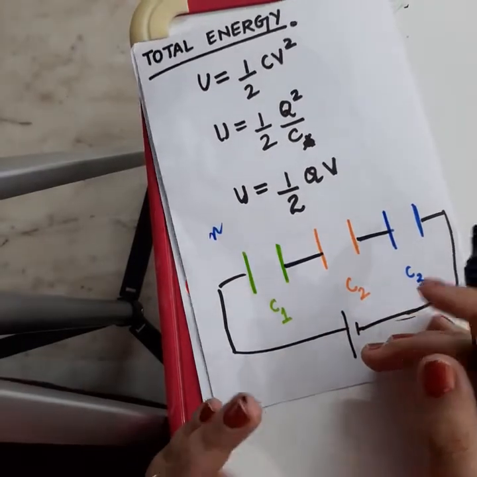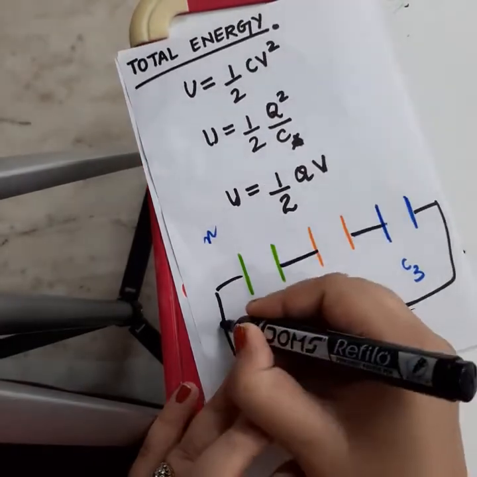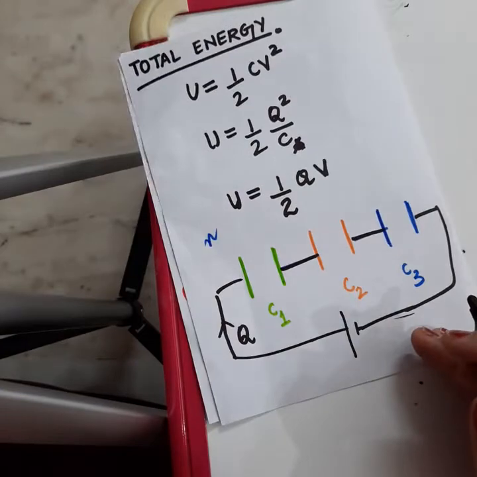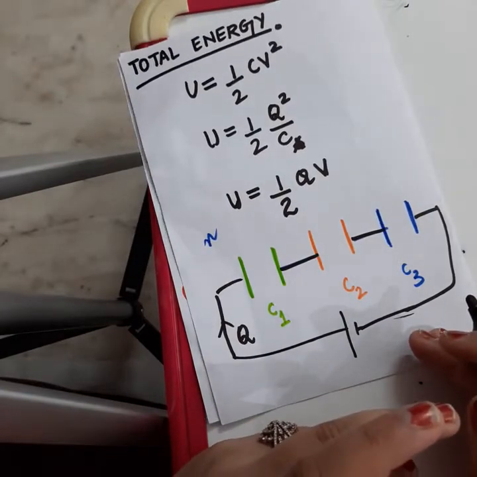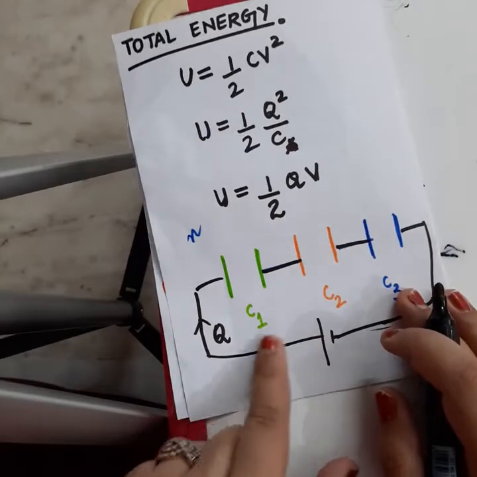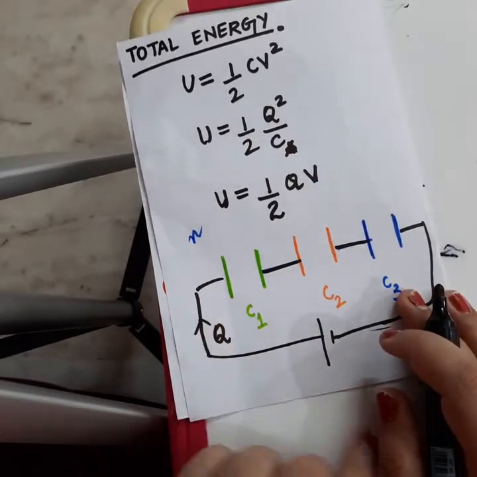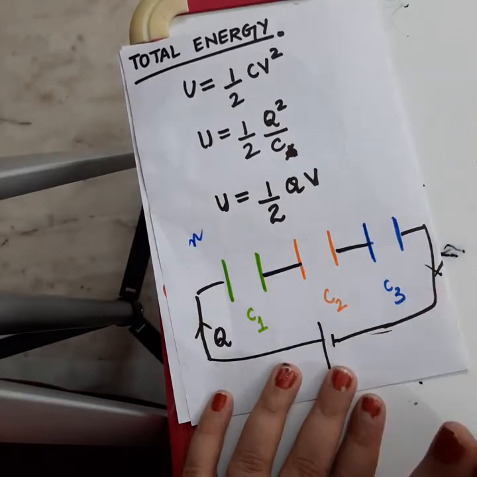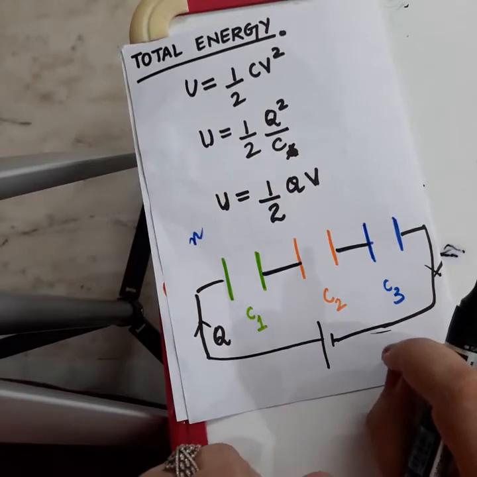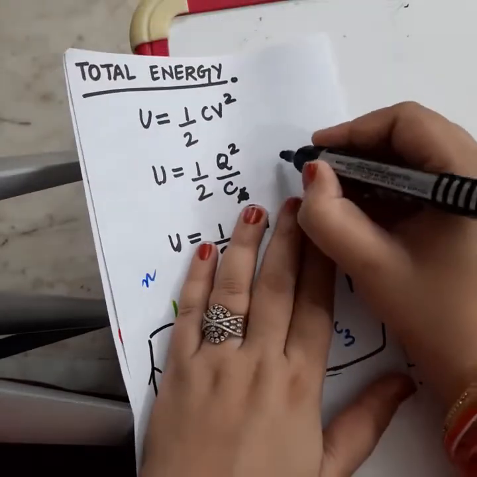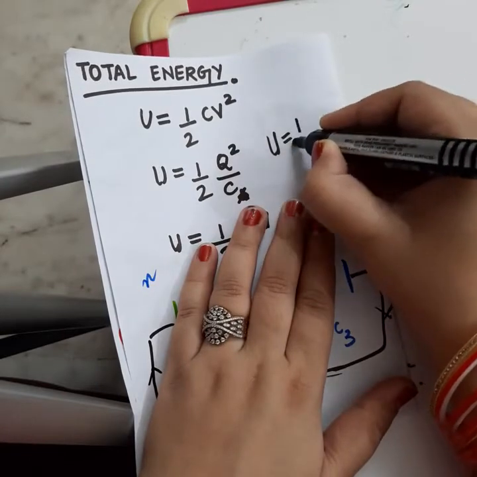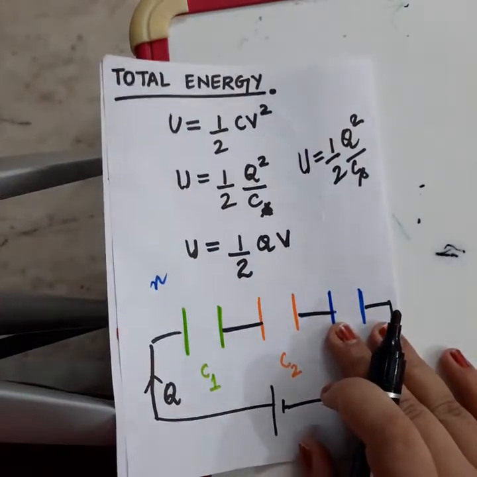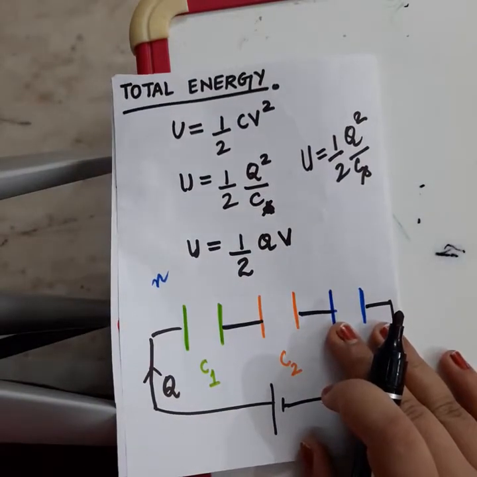Now, of course, the total amount of energy stored. See, in series combination, only one amount of charge goes to all the three capacitors because charge can neither be created nor be destroyed. So, if plus Q charge is entering from the left hand side of the wire, the same charge would be leaving from the right hand side of the wire. So what are we getting from this? That the total energy stored U will be equal to 1 upon 2 Q square upon CS, where CS refers to the overall capacitance in a series combination.